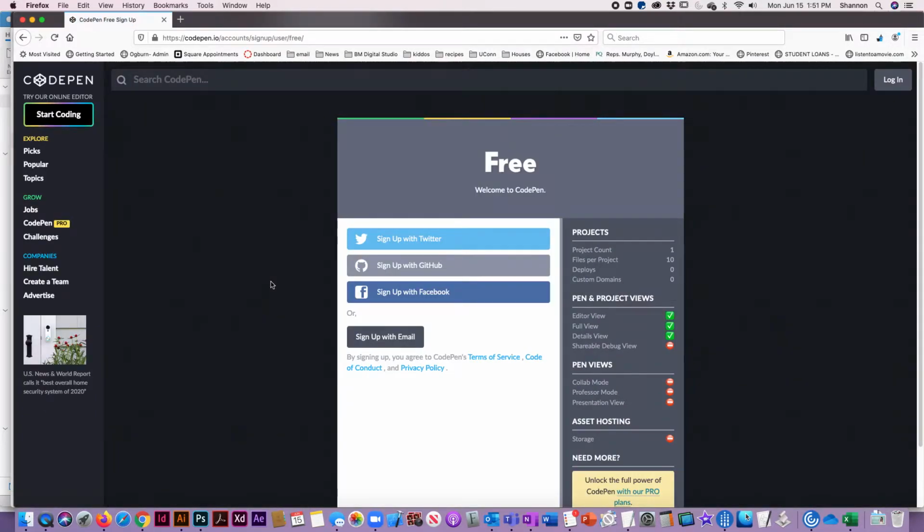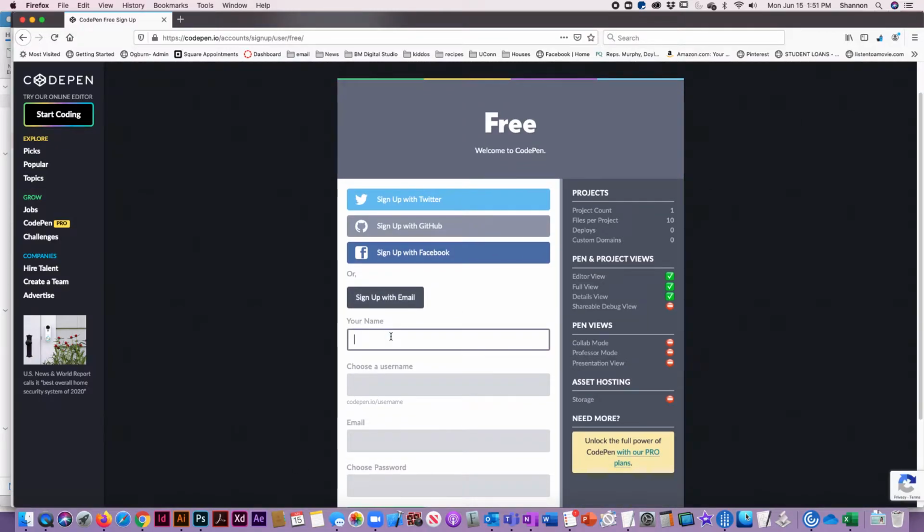Now, there's a couple of different ways that you can sign up with CodePen. You can sign up with Twitter, with GitHub, with Facebook, or sign up with your email. I'm going to walk you through signing up with your email. So we're going to click that button, put in your name,